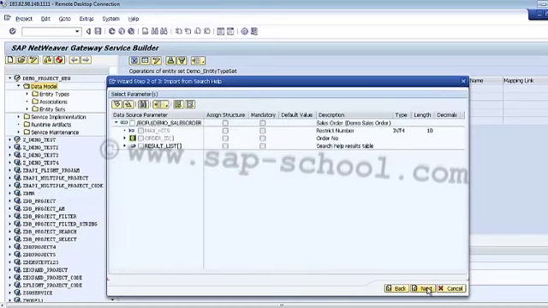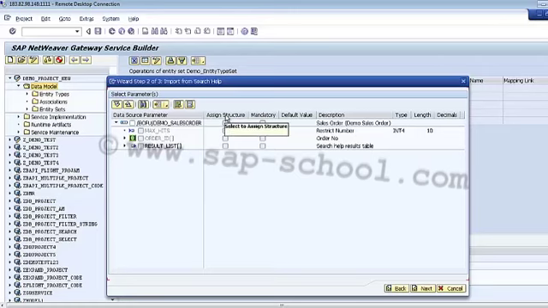So we will be able to see this window wherein we have the data source parameters. We have the assign structure, mandatory, default values, description. So an output table that represents the runtime results in a list. So it is a representation of the search help parameters. So the table here is a representation of the result list that the users retrieve once they execute that search help. So we can expand this.